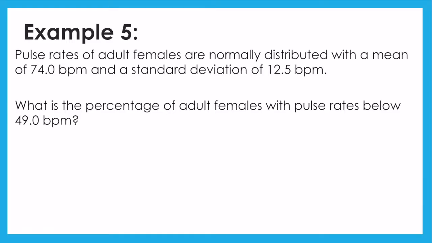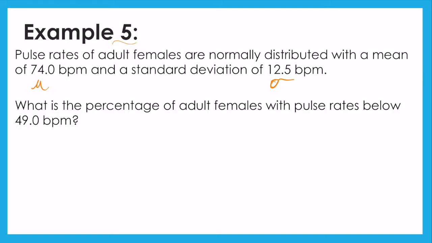Example 5 talks about the pulse rates of adult females. Because these are pulse rates which occur naturally, this will be a normal distribution. Pulse rates of adult females are normally distributed with a mean of 74 beats per minute and a standard deviation of 12.5 beats per minute. What is the percentage of adult females